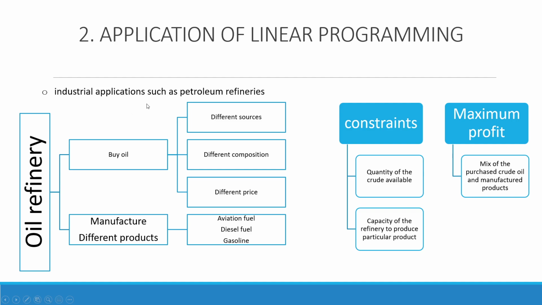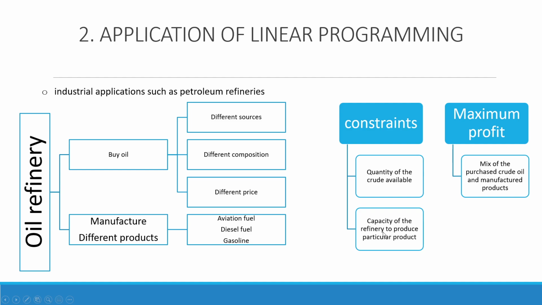Second, application of linear programming. There are many applications of linear programming, and in this case I am going to put this example about the oil refinery. We know that the oil refinery needs to buy oil, and this can come from different sources, with different composition and different price. And then the other important part, after buying oil, is to manufacture different products such as aviation fuel, diesel fuel, or gasoline. But to create these, we have many constraints. First one is the quantity of the crude that is available, and the second is the capacity of the refinery